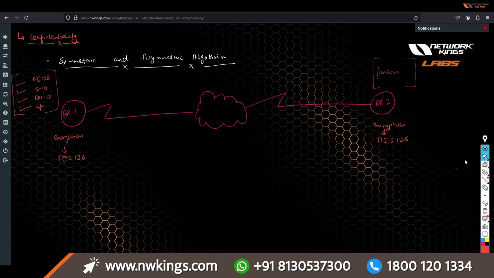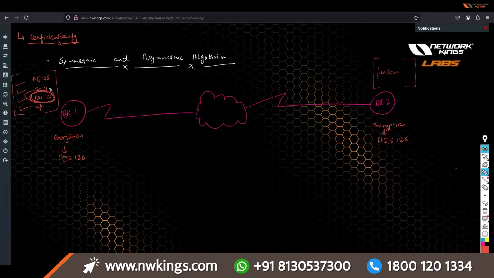The policies that we have created on branch one and branch two will only work if they have the same password and the same DH group that we define. So for exchanging information between branch one and branch two, we will be creating the same key at both ends. And how will we create that same key? By an asymmetric algorithm. And in the asymmetric algorithm, we use the DH group, Diffie-Hellman, that we have taken over here,